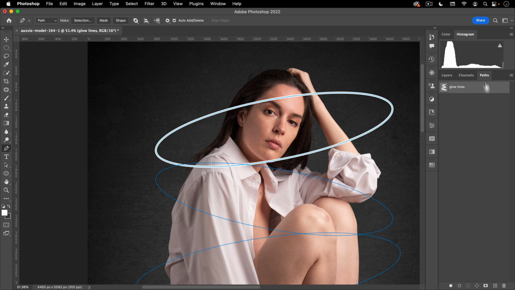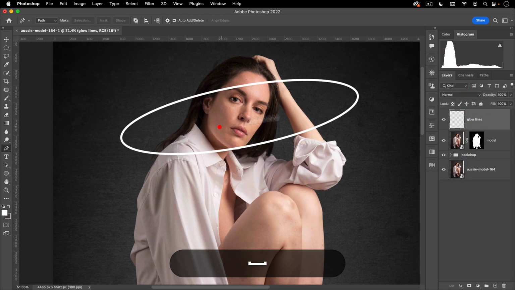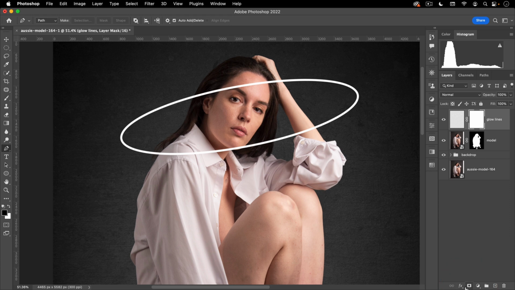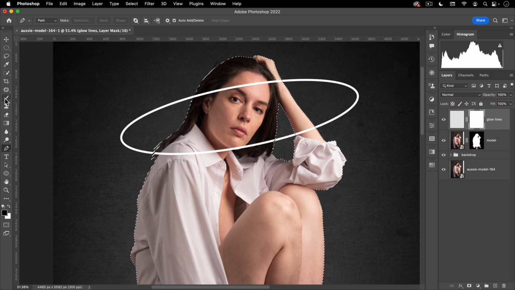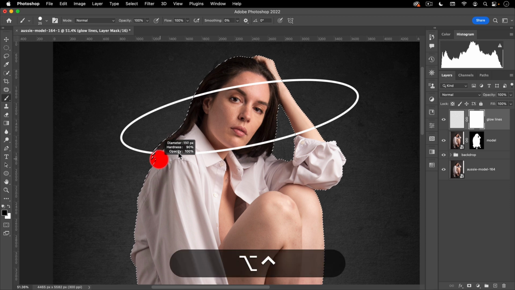And before I do the rest, I want to create a mask on this and start building our mask. So let's add a mask. We're going to do that just clicking on the mask icon. And then I'm going to hold down Command and click on my model mask. That'll put it into my selection. And then just with my brush tool, I just have to remember here that my brush size was 25 with 90 hardness,